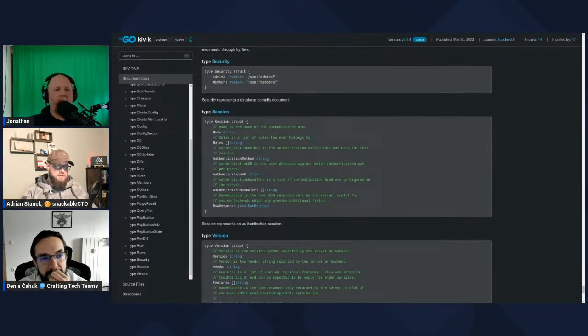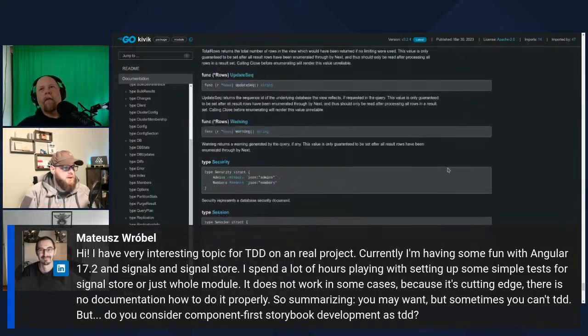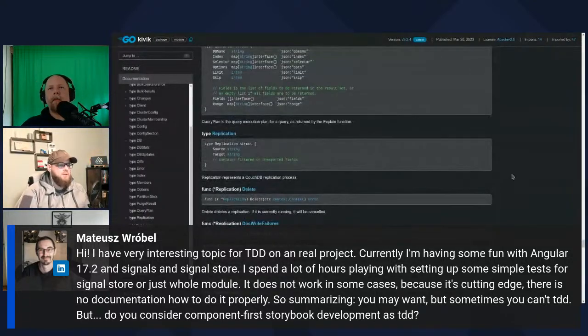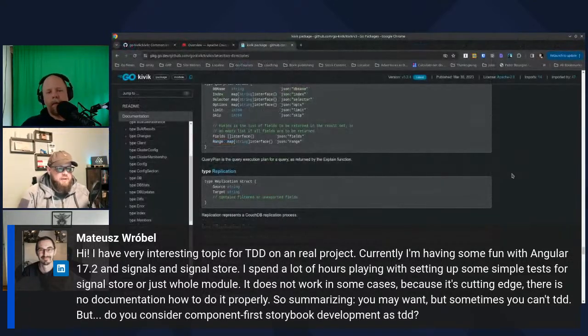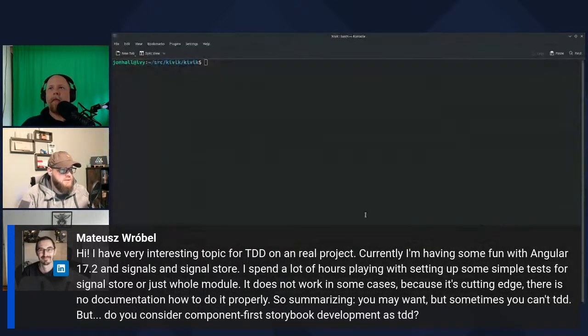We already have some feedback from Mateusz Robel. Shall we go through it? Absolutely. Mateusz states first, "Hi, I have a very interesting topic for TDD on Real Project. Currently, I'm having some fun with Angular 17.2 and Signal Store.